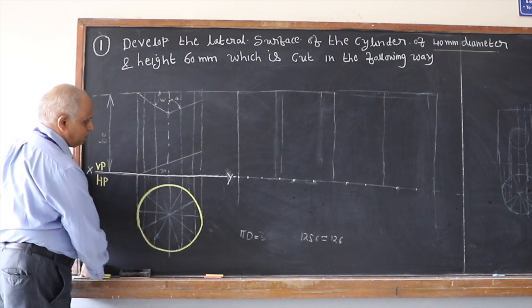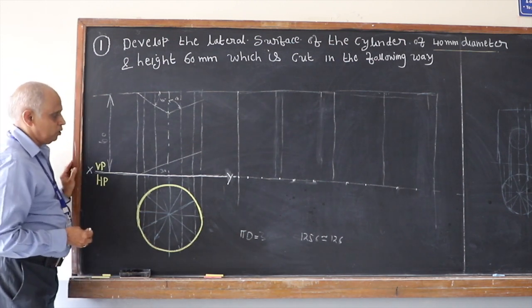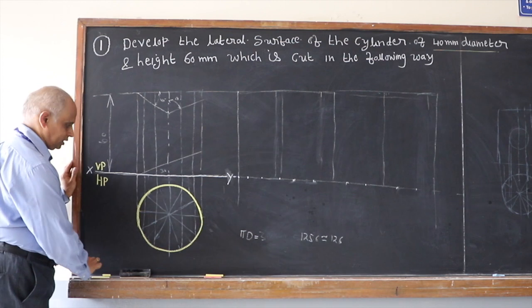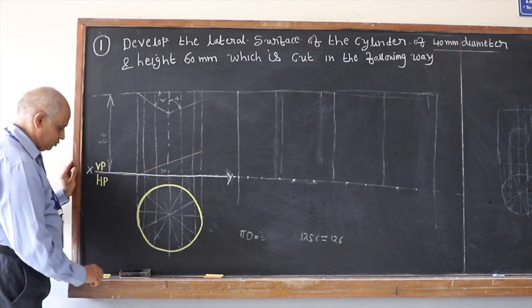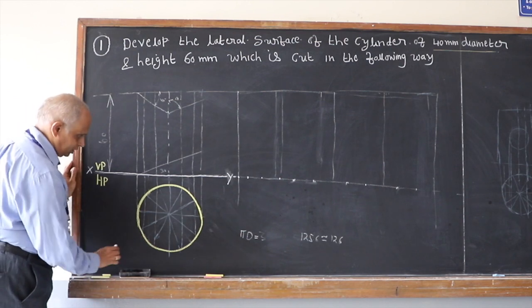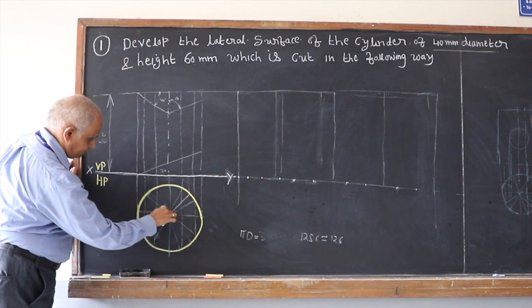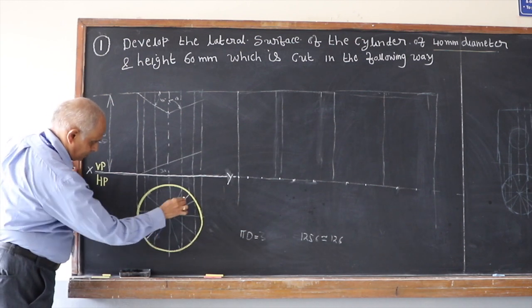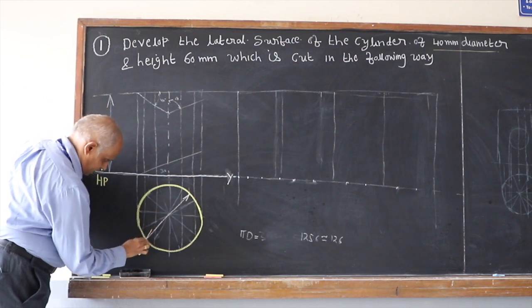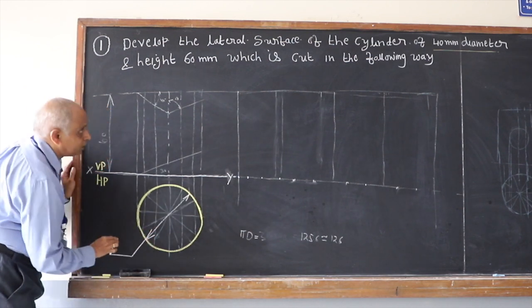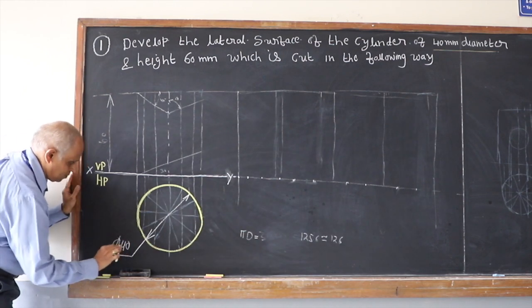And of course you should not make it dark in the first step, remember, because some portions could be removed, but in this problem I am sure that this is completely visible, will be retained, and therefore I have made the top view dark. Dimension this diameter clearly, saying that this is a circle of diameter 40 millimeters.